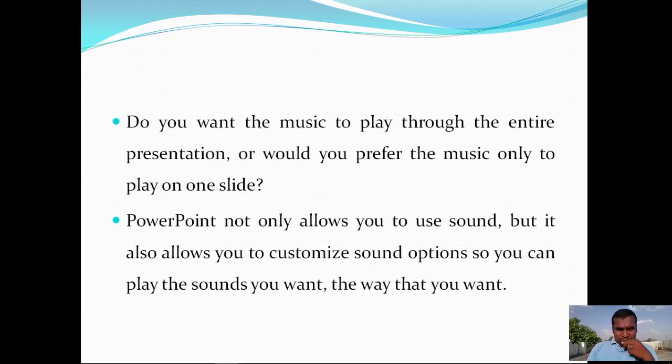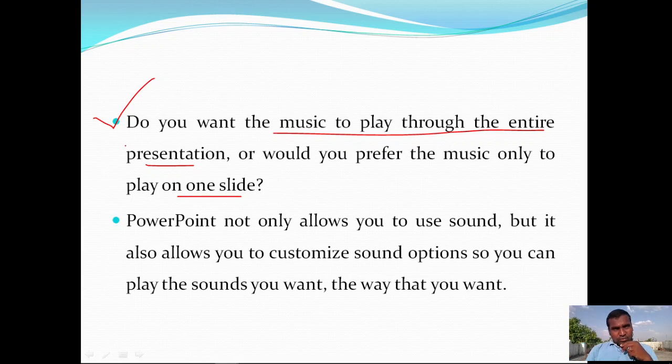Do you want the music to play through the entire presentation, or would you prefer the music only to play on one slide? That can be chosen while inserting the sounds into your presentation.